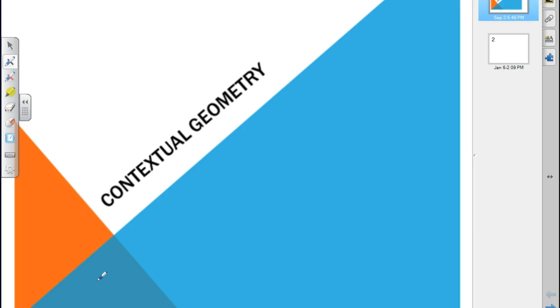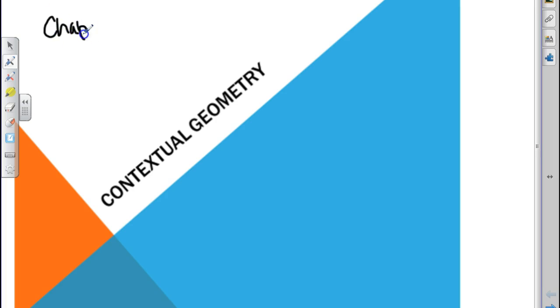Quadrilaterals. So in your notebook, on your next page after Chapter 7 has been over, put Chapter 8, Quadrilaterals, and then leave that page blank and go ahead and go to the next page. I have something for you to glue in your notebook on that page. So you're going to write Chapter 8 at the top of the page, quadrilaterals, and then you're going to leave that page blank. So let's go ahead and go to the next page,